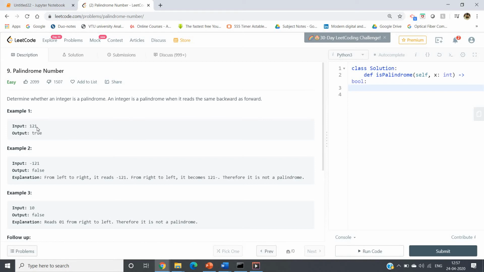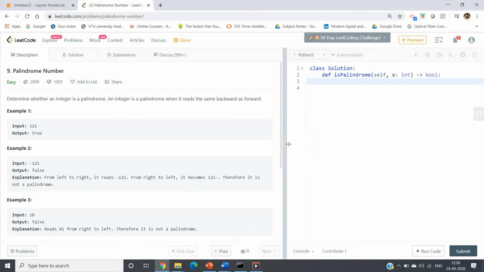Suppose 121: you read from the forward direction and from the backward direction, same thing, so output should be true. Minus 121 reads minus 121 forward, but backward it reads 121 minus. Both are not the same, so output should be false. 10 reads 10 from left to right, but right to left it is not the same, so output should be false.